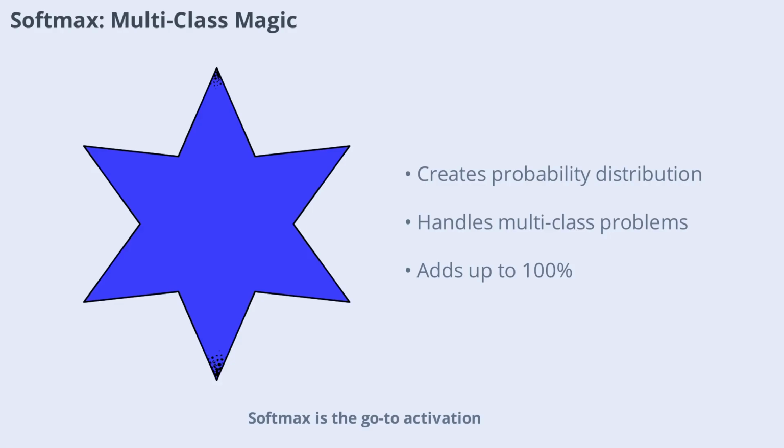Softmax is the go-to activation function for multi-class classification problems. Unlike Sigmoid, which handles yes-no questions, Softmax takes a list of raw scores and turns them into a probability distribution that adds up to 100%. For instance, it can predict the likelihood that an image is a dog, cat, or fox, assigning percentages to each possibility. This function is essential for tasks where the answer could be one of many categories, making it a cornerstone